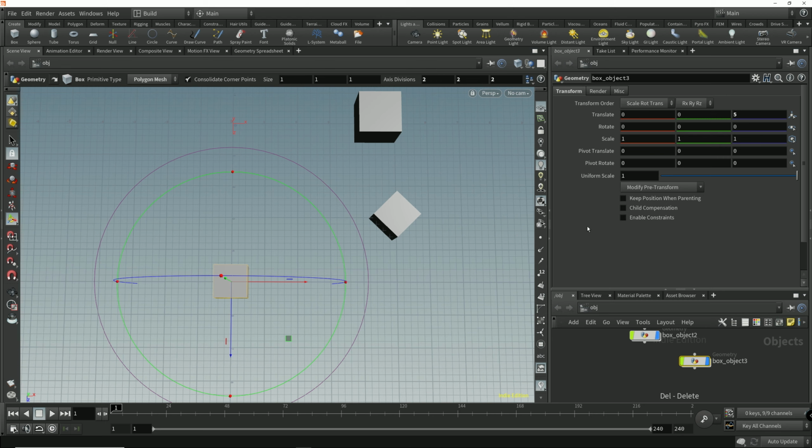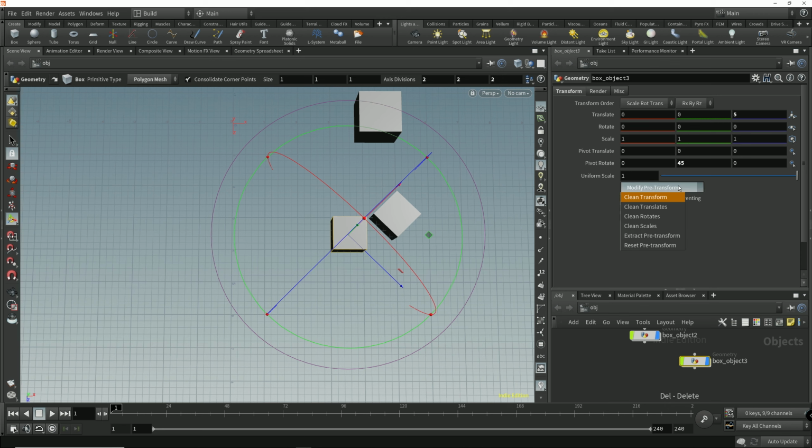If I rotate the pivot back to 45 degrees around the Y-axis, so that we're back to that first same step that we performed in the viewport, then what I have to do at this point is clean the transforms by selecting Clean Transforms from this drop-down menu. And you'll see that cleaning the transforms resets these values back to 0, and it stores the existing values in the background as a pre-transform. If I come to this drop-down menu again and extract the pre-transform, you can see those previous transform values that we had get restored. Now, if I clean the transforms again to store this current transformation as a pre-transform again,